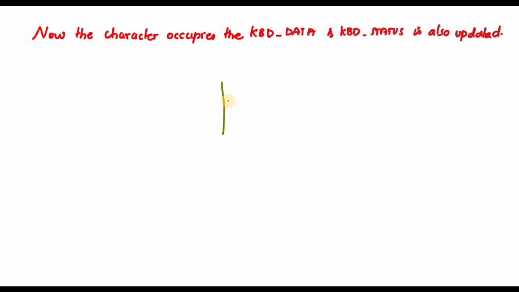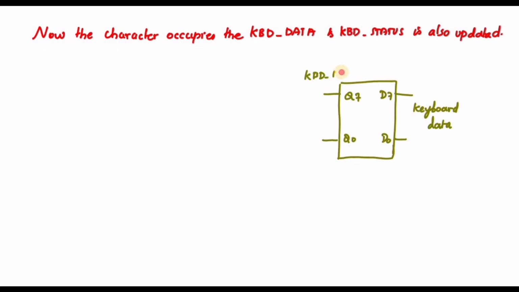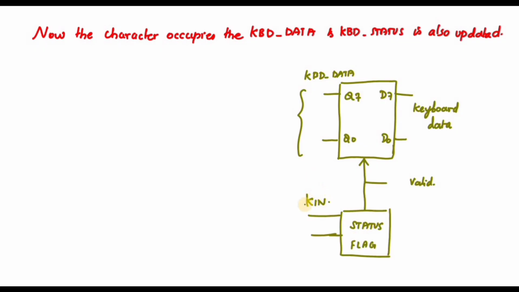So now we can see the input interface is like this. The input is from the keyboard data, and the output is KBD data. It is stored in the KBD data whenever the valid signal goes to 1. Now if the processor is requesting a read operation, the master ready should be 1 and